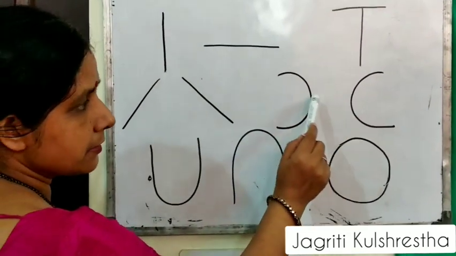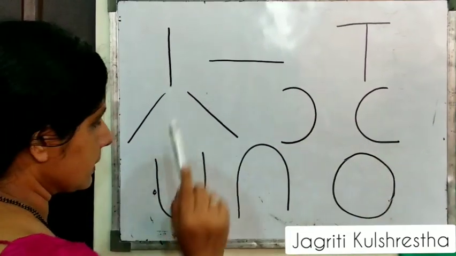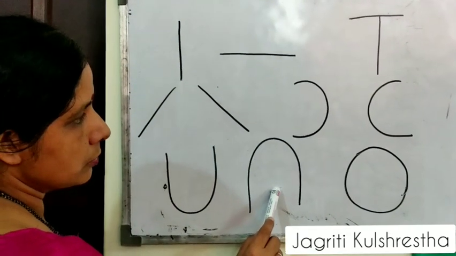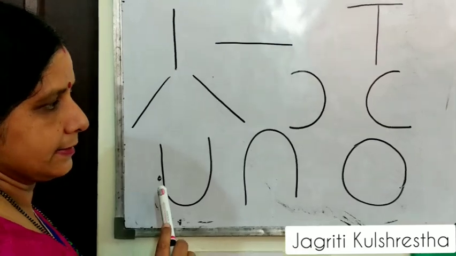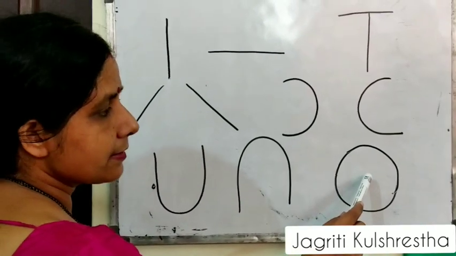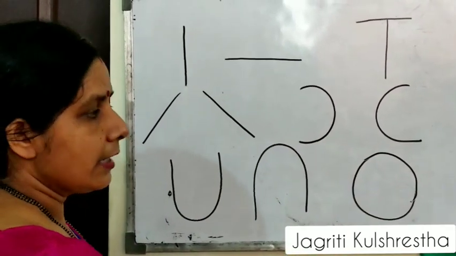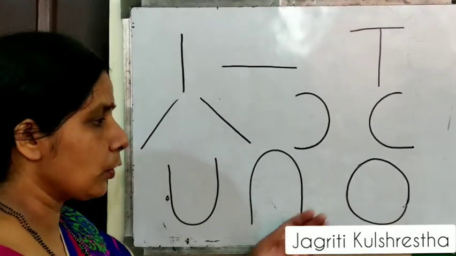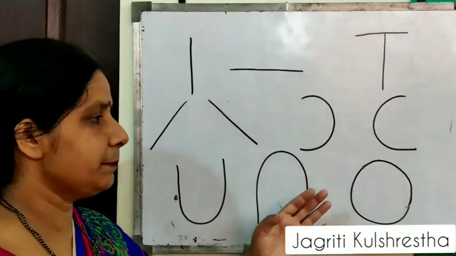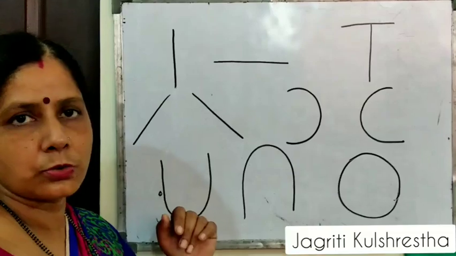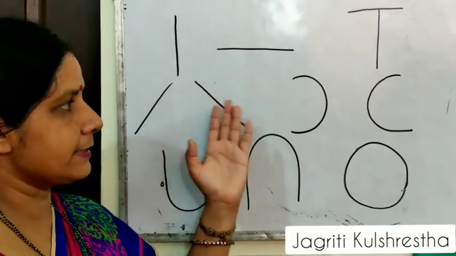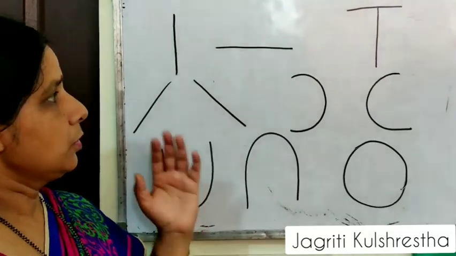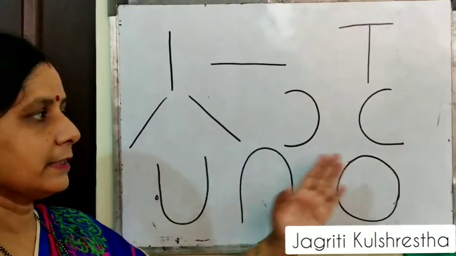These are curves, opposite curves. This also we use in making different alphabets. And this is circle. And this we also use to make O and other alphabets and maths also and in Hindi also. Some lines and curves are used. So this is the revision.